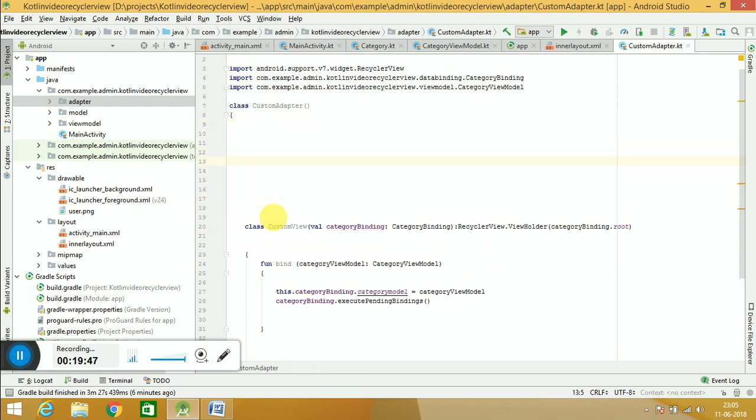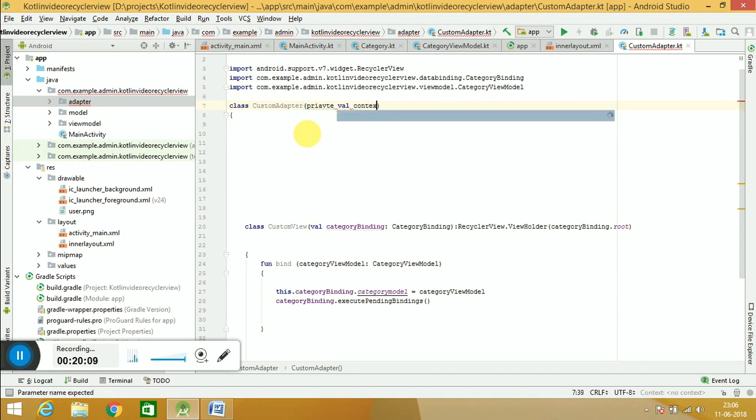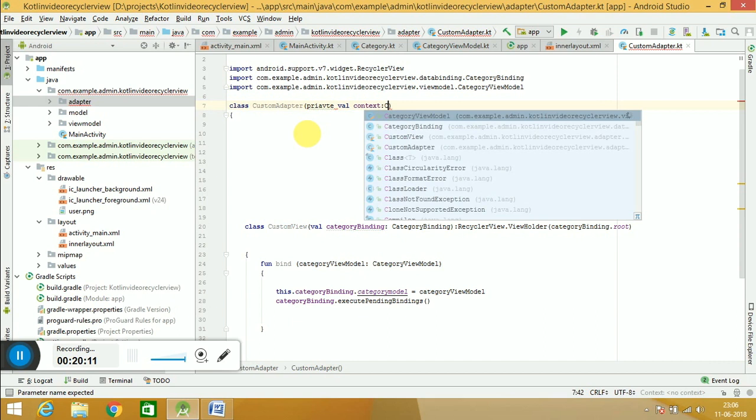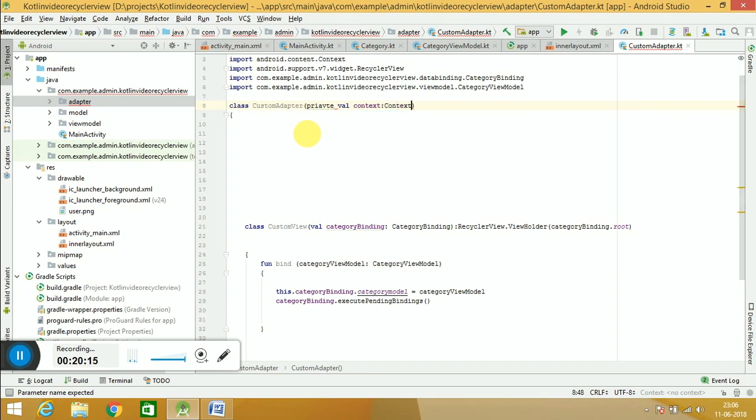Otherwise, when we created the data binding before, we need all the taxes here, all the inner layout values here, then we get to render the things there, a lot of stuff would be there. And here it's very simple, and I have to pass some values here. So this is our primary constructor. You can pass it here or can create a secondary also. I need a context. This is our context,